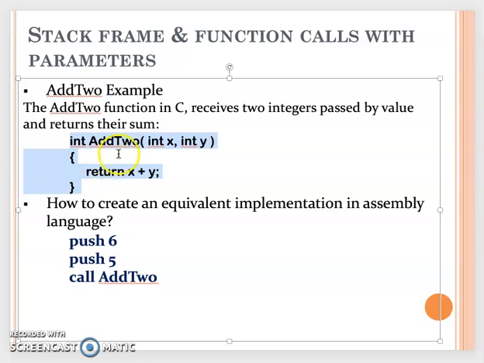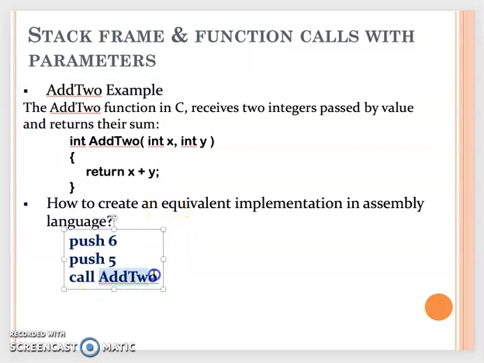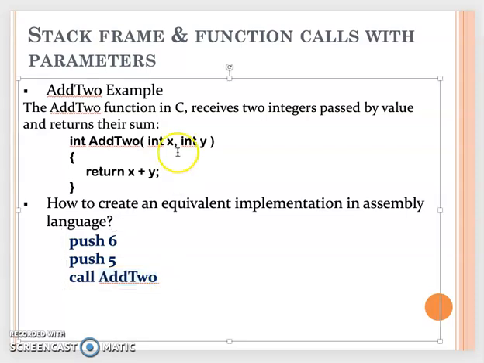For example, in C++, you have two integers x and y. You want to add them together, then you return the sum. Your return type is int, your parameters are x and y, so you just return x plus y. But here we will show you how I will write an AddTwo procedure in assembly language. So how should I code this procedure? Just like we said earlier, since we have two parameters,